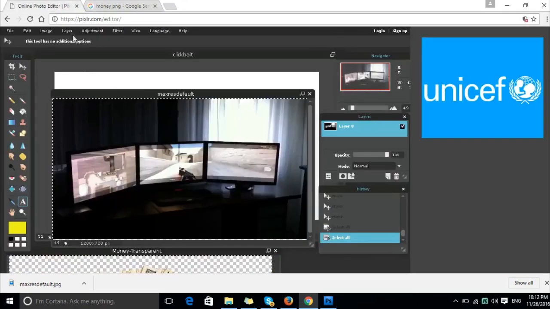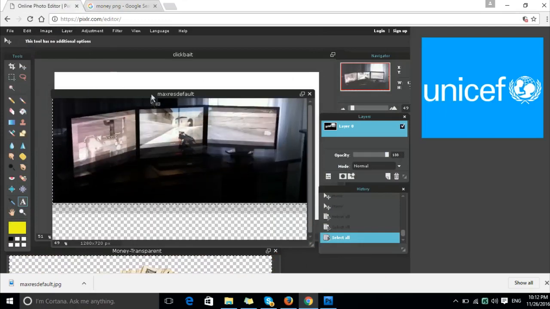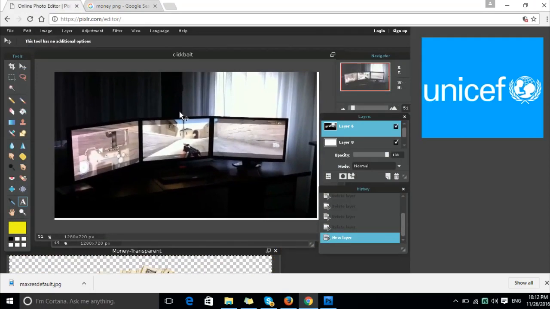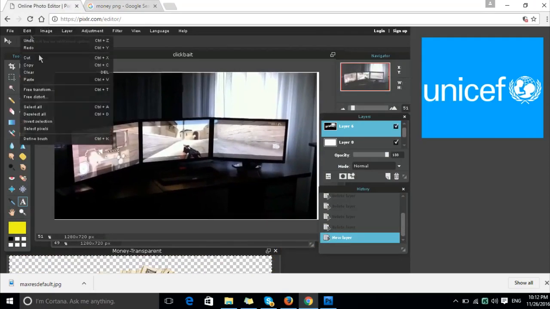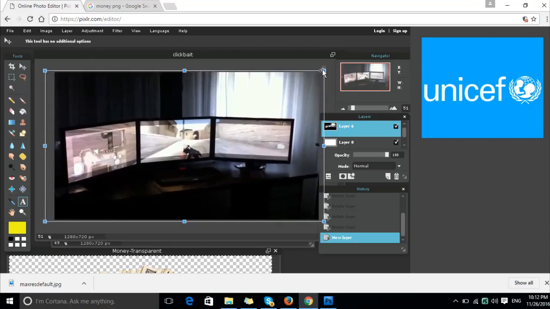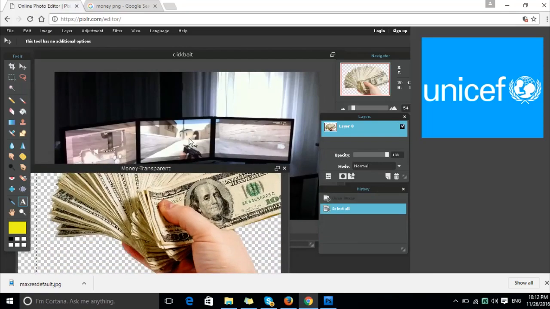So right here I have a gaming setup. I go to edit and free transform to make it bigger because it was obviously smaller, so I drag the picture of the money in and resize it. Hold shift while resizing so it doesn't look crappy. So yeah, I've resized it,